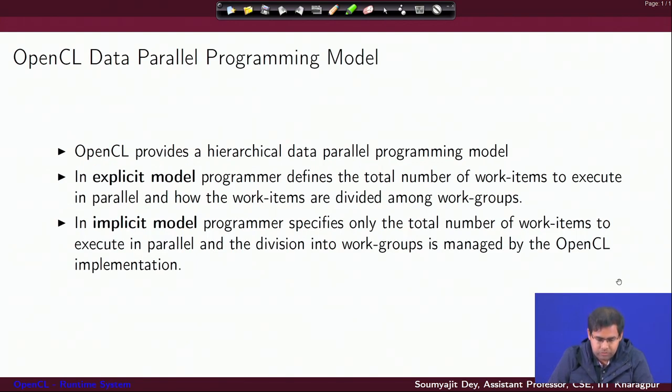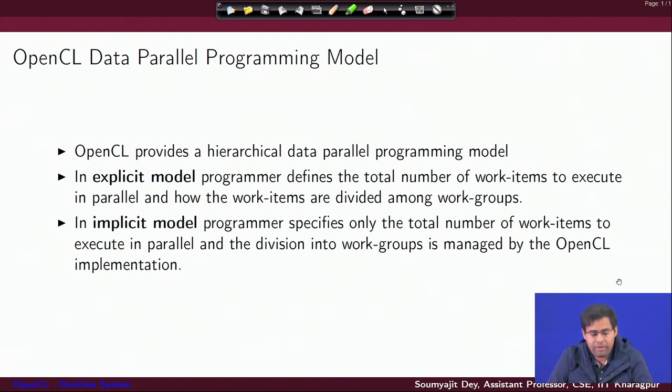Now, in OpenCL you have support for a hierarchical data parallel programming model, which would mean in the explicit model the programmer defines the total number of work items to execute in parallel and how the work items are divided among the work groups.